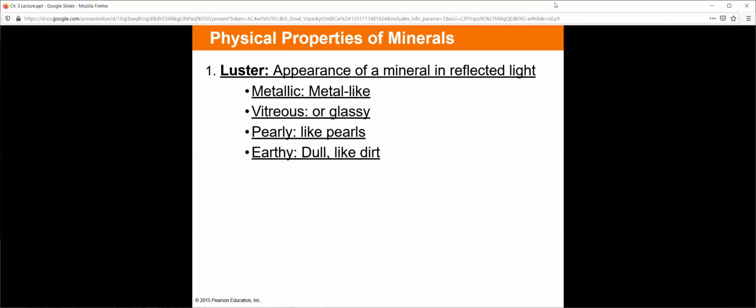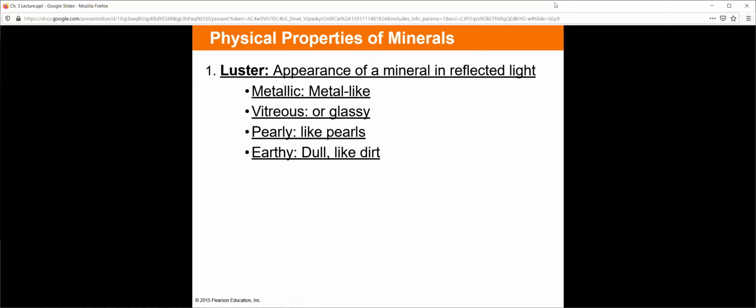The first one we will talk about here is luster. Luster is the appearance of a mineral in reflected light. What does the mineral look like when you look at it, right? The four descriptions we're going to talk about in this class are metallic, vitreous, I believe that's pronounced correctly, pearly, and earthy. And geology is useful in the sense that a lot of the terminology in geology is what it is. You don't need to go to your dictionary to figure out exactly what's going on, like in other classes. If you ever took a biology class or a chemistry class, things can get pretty ridiculous. If you ever take an anatomy class, geology is a bit more simple.